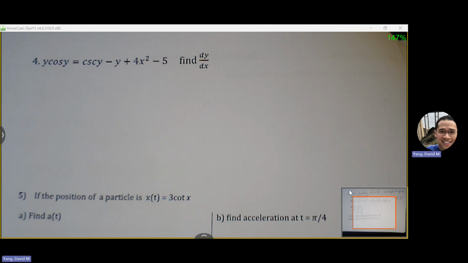All right, what do you see for number 4? How many dy dx's do we expect to show up? We have 4 y variables that we see, so we should be expecting 4 dy dx's to pop up. Okay, what else? Product rule, yeah, that y cosine y. There's a need for product rule there. Okay, so